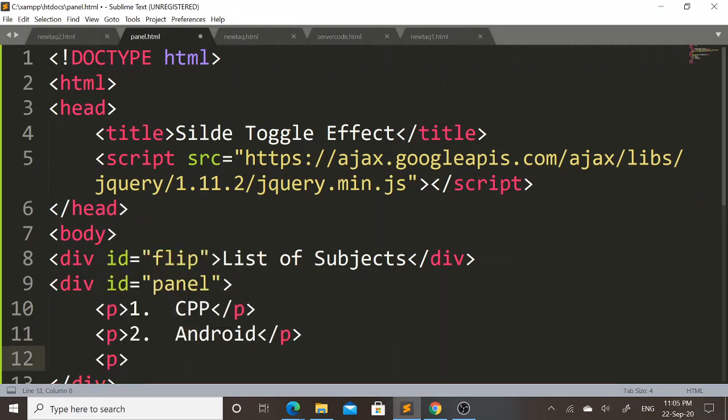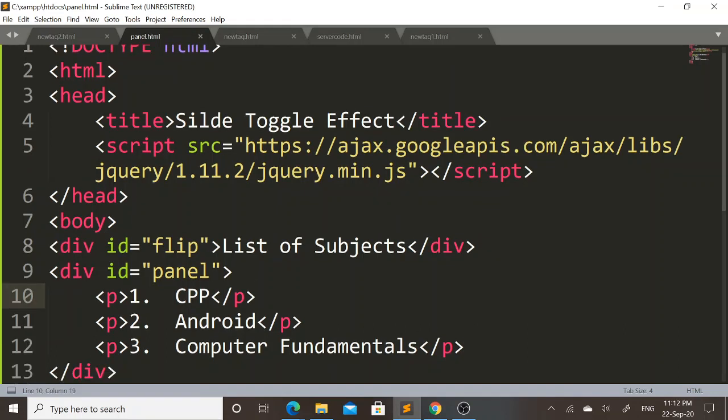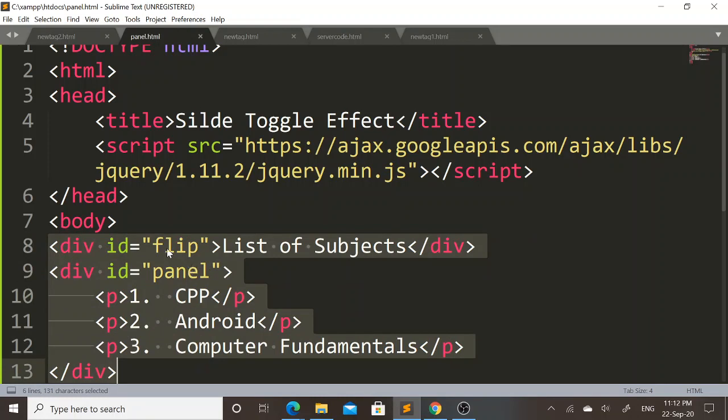In third paragraph tag I will include third subject, computer fundamentals. Now I will apply CSS properties to both div tags.